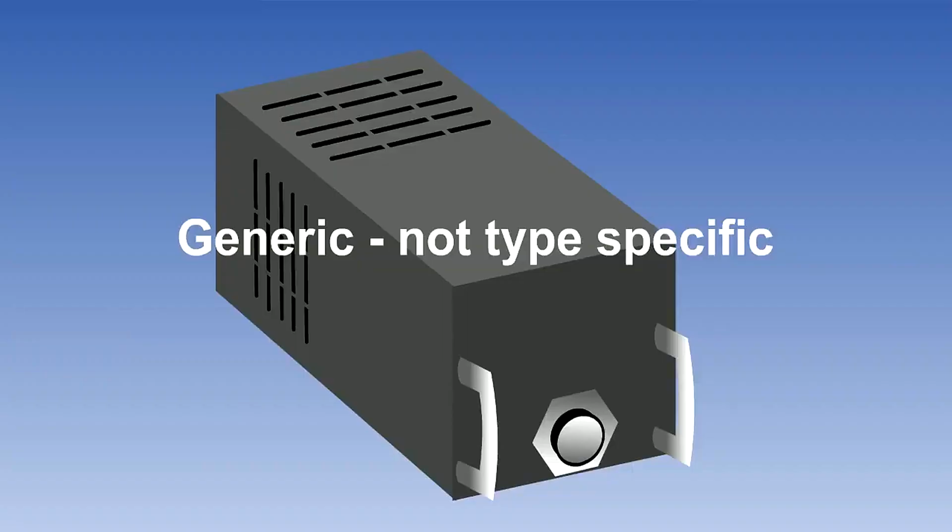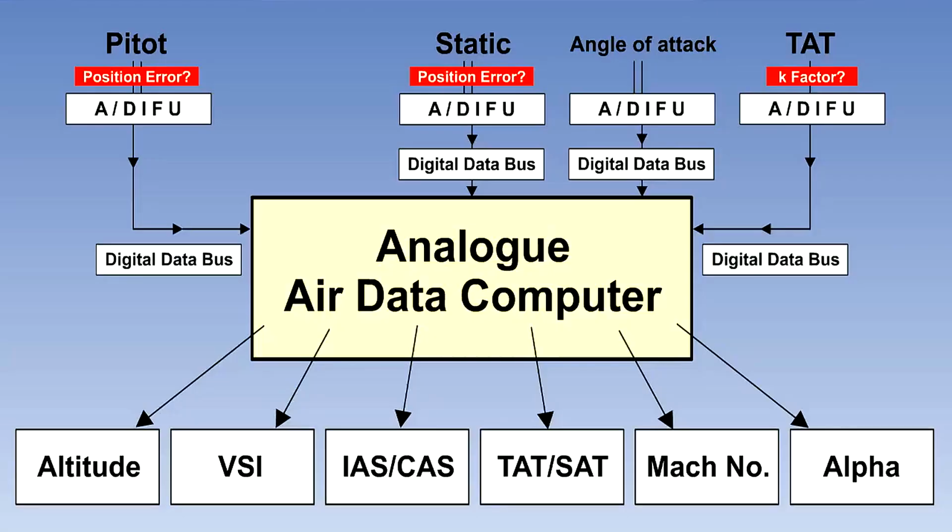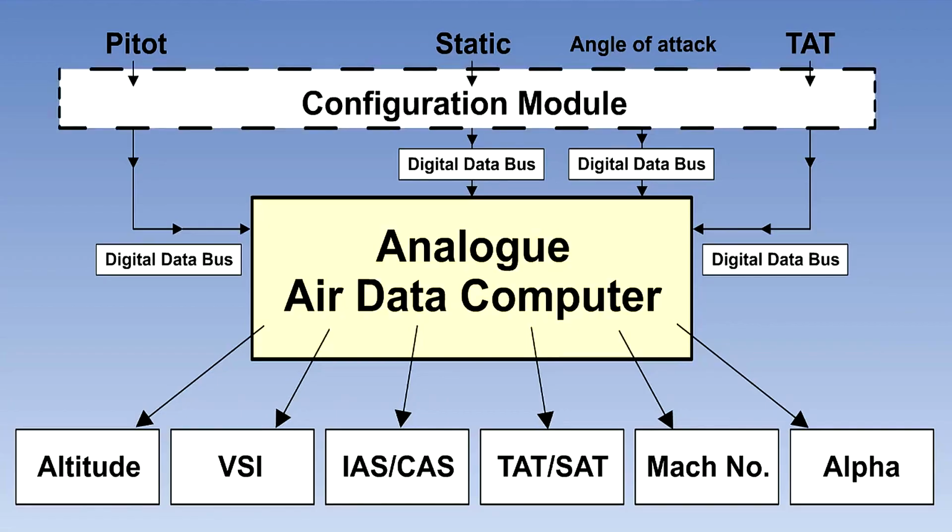Air data computers are usually made by specialist manufacturers or subcontractors rather than Airbus or Boeing themselves. They are therefore usually off-the-shelf items which can be fitted into many aircraft. However, each aircraft type will have its own position error for the pitot and static sensors and its own recovery factor for the temperature probe. We therefore have to have a device which may well be combined with the interface units to allow for position error and K-factor for each aircraft type. This is called a configuration module.